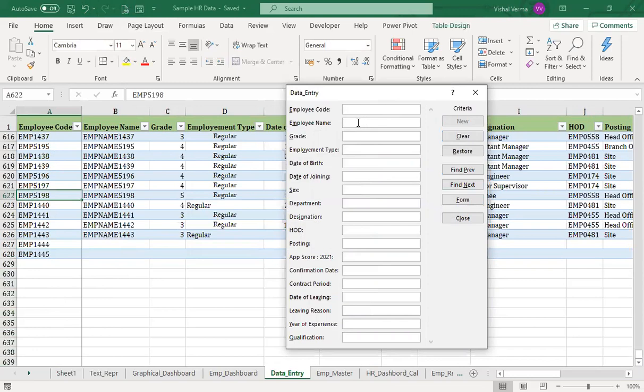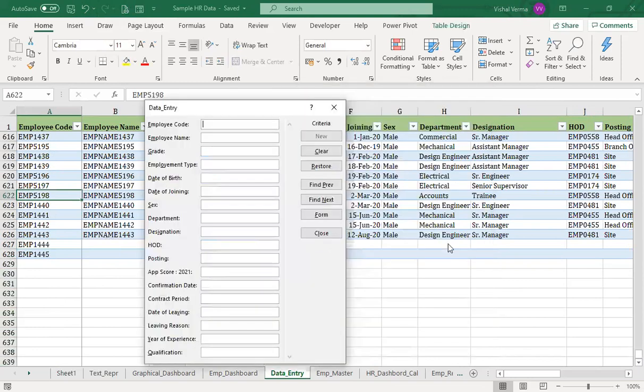We want to search for the employment type, or say, for those posted in the Department of Electrical. So we search for those courses in electrical, and find next. It will give the first employee in the list who has got the employment as electrical.